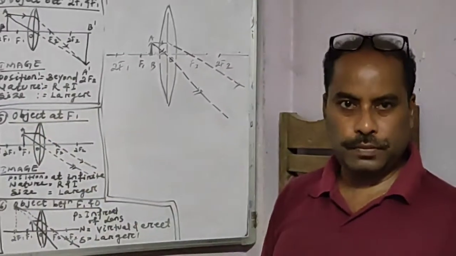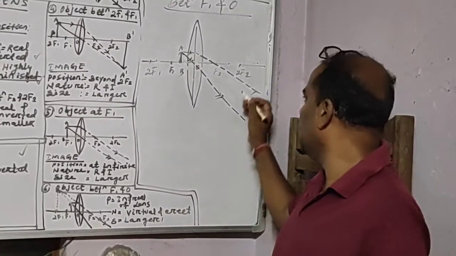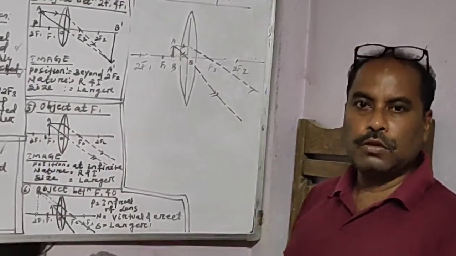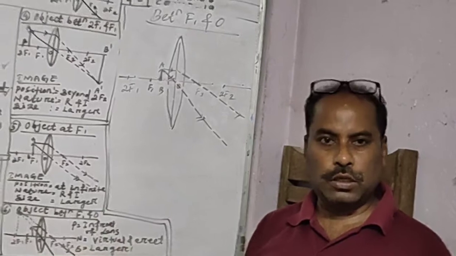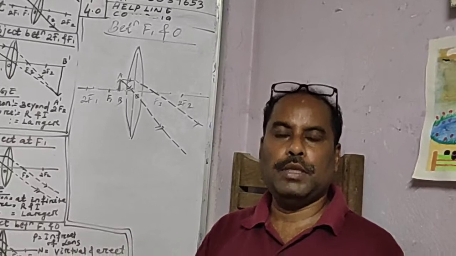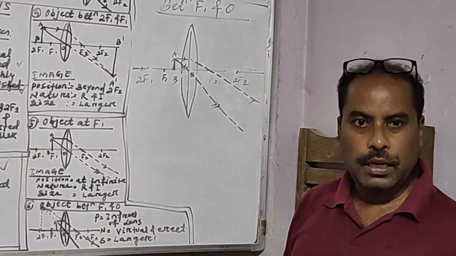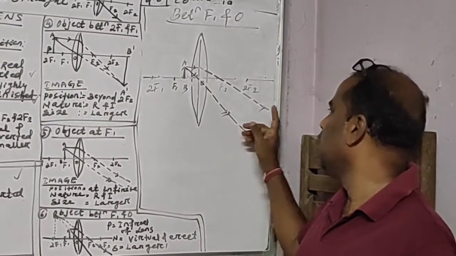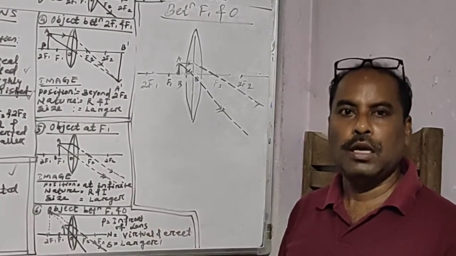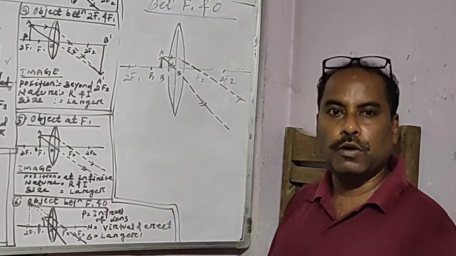Then we'll see both the refracted rays will deviate from each other as long as they move further. And when you see here the distance is getting increased, so they will finally deviate from each other. And once they deviate, there is no possibility of these two refracted rays intersecting. If they will not intersect, there will be no image formation on this side. Image formation on this side is impossible.